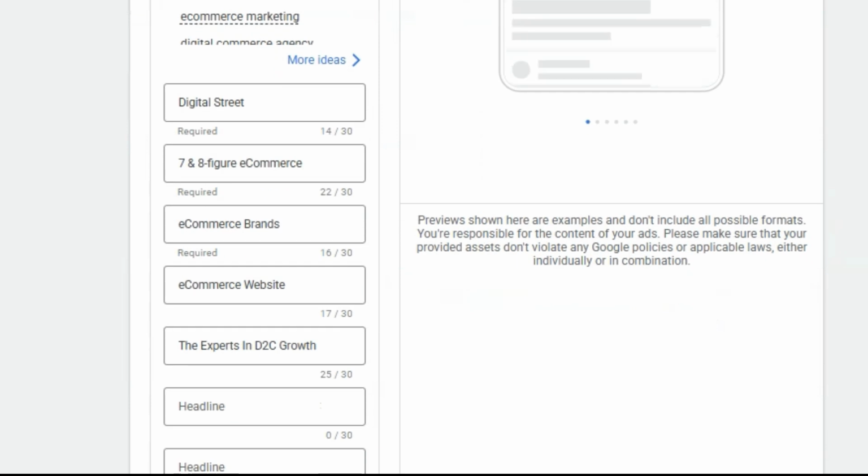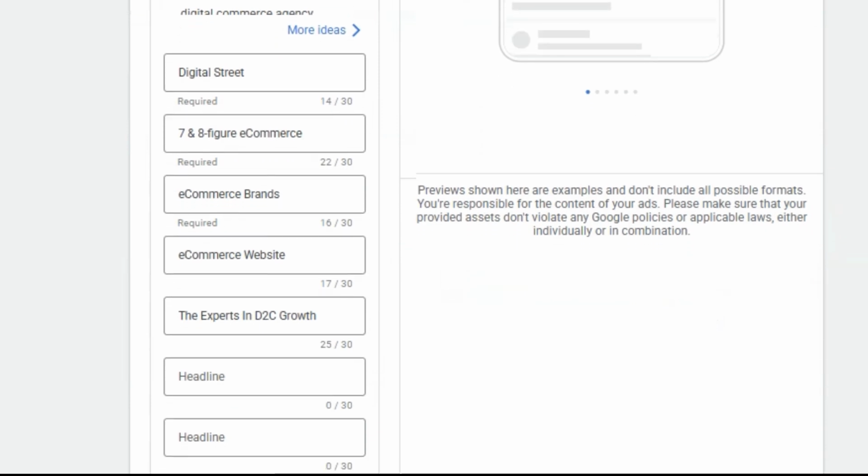Now, when you're doing your keywords, something which is really important is to keep three or four headlines which basically have your exact keyword match terms. So this is e-commerce marketing agency, e-commerce marketing services,